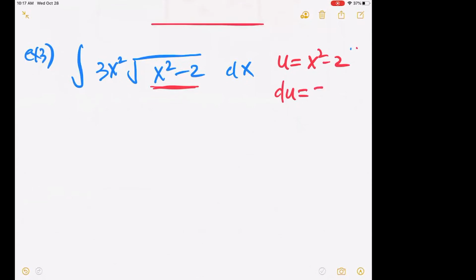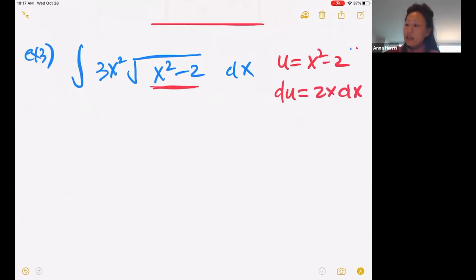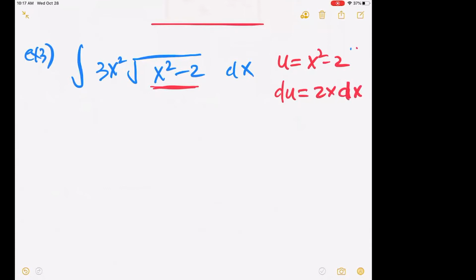2x. 2x dx, that's right, right? 2x dx, great, good job. So